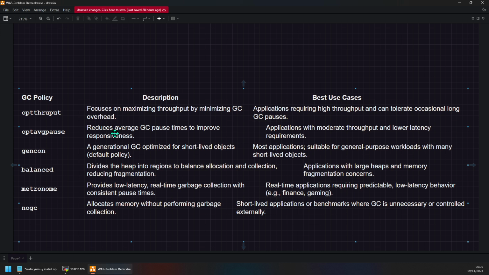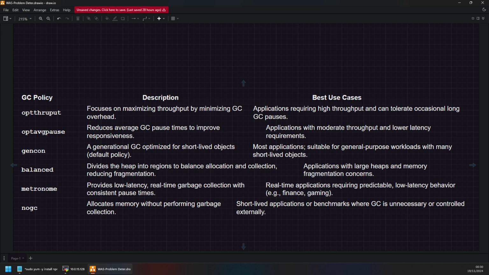Do remember the use case: you can use it for web servers and application servers which need an immediate response. In situations like an e-commerce website, where you want to maintain an average pause time and average